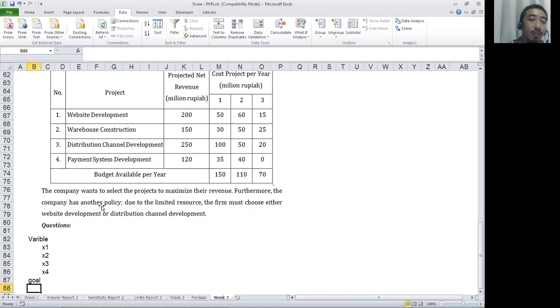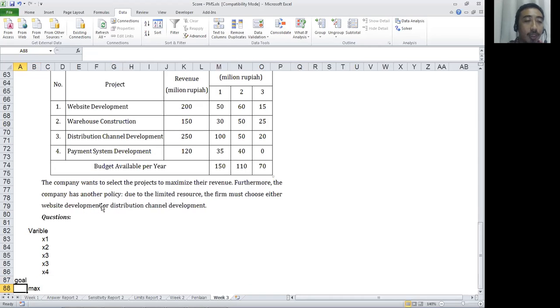Maximize or minimize? Maximize. Yes, the goal is we want to maximize it. What to maximize? The revenue. Okay. The equation is Z equals